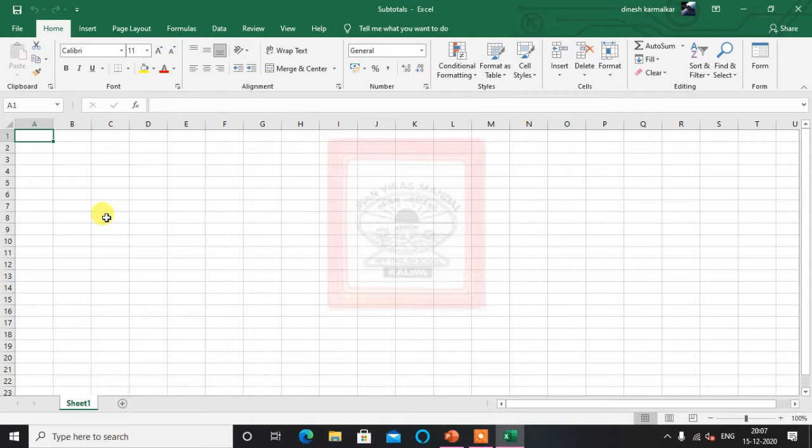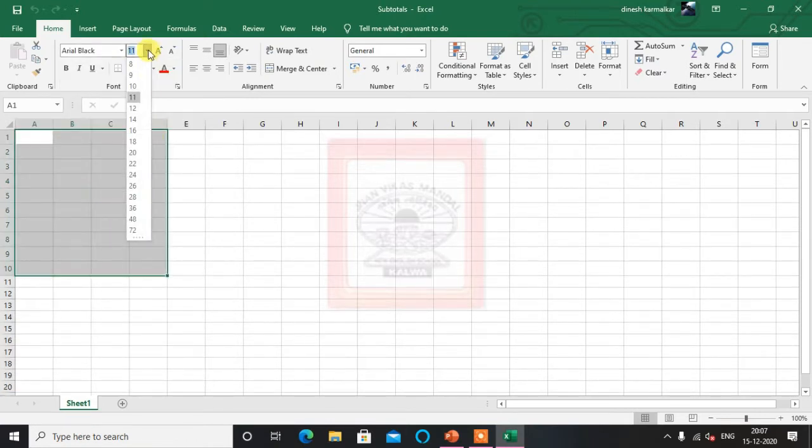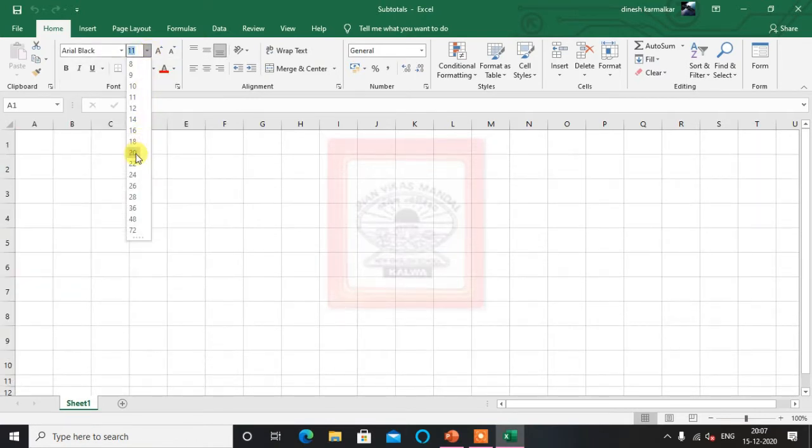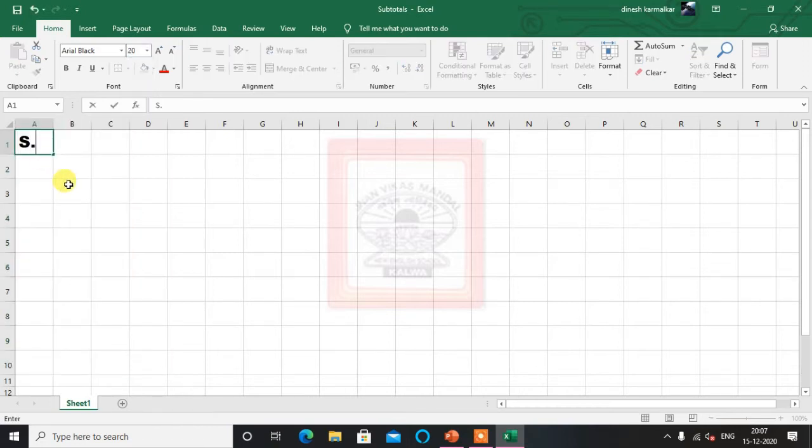Before typing, I will make the text bigger so that while typing you can see it very clearly. For the cells I am using Arial Black, size 20. So while typing you will understand this.